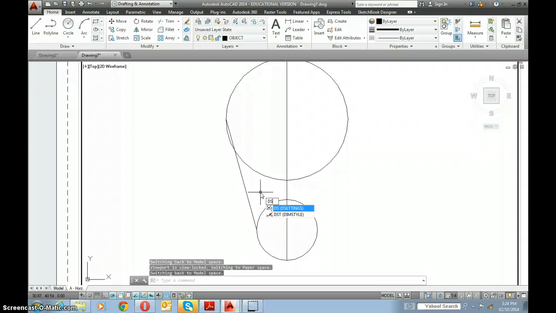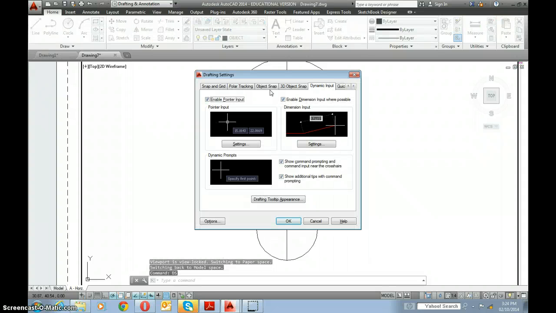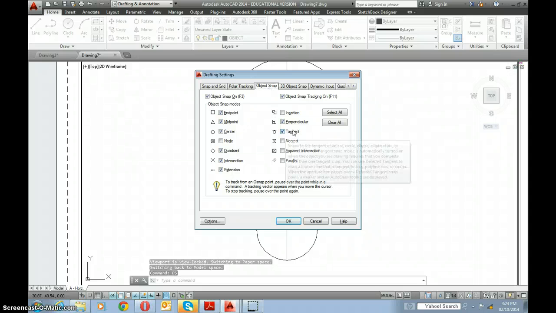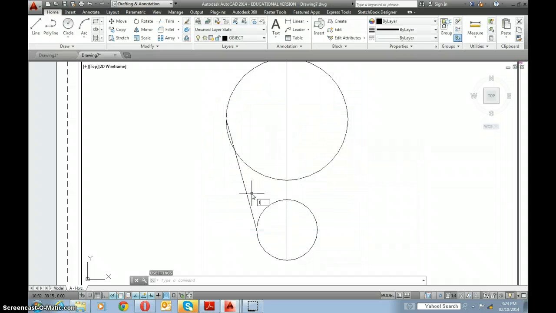Now if I go to my drafting settings and Object Snap, you'll notice that I have selected tangent. So it is on. However, when I try to create the line, tangent will not come up on its own. Basically, tangent rarely will come up on its own if you've selected other object snaps. So what we have to do is force it to come on. So we're going to delete this line,